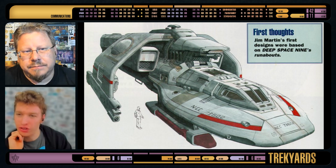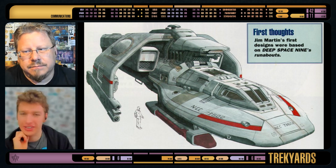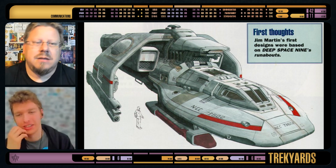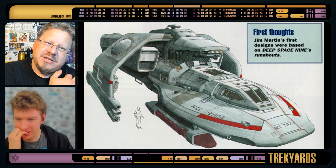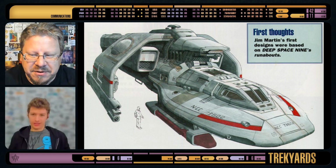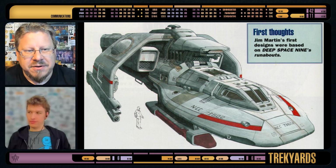I mean, it wouldn't look good flying through space. It would look like a camper van with a big ass generator on the back. It looks like a freighter or a civilian ship of the week. Yeah. And as for no photon torpedo tubes, don't forget micro torpedoes are a thing in this